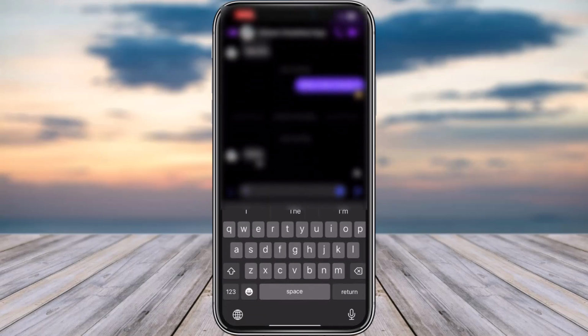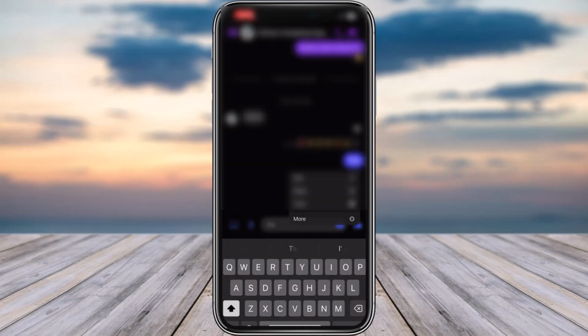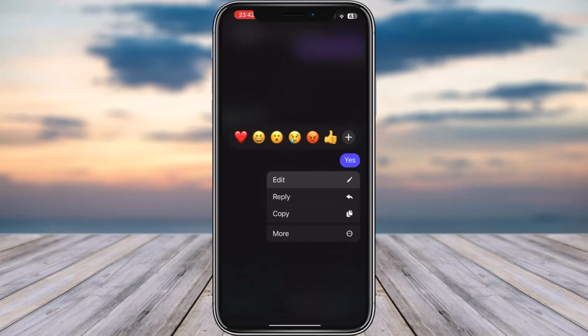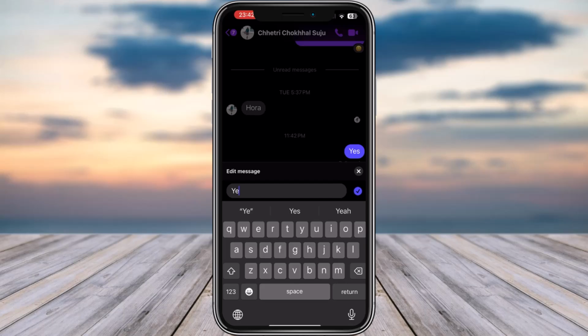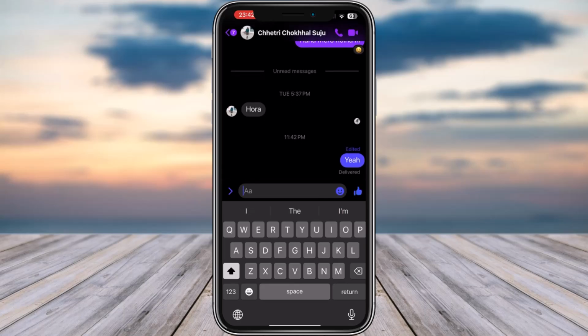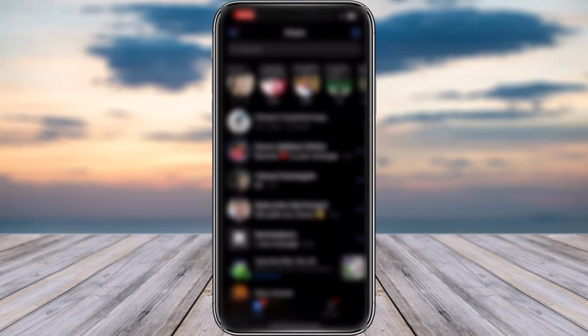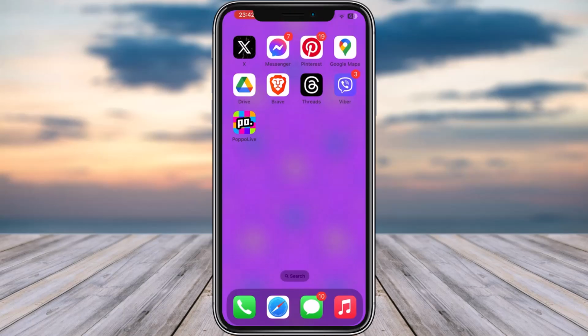Now let me send a message, and once I have sent it, if I tap on it, I will find this option of edit. Now I can just edit it according to my need, and it's delivered. Now, for example, if you're not able to see that particular edit message option, you gotta